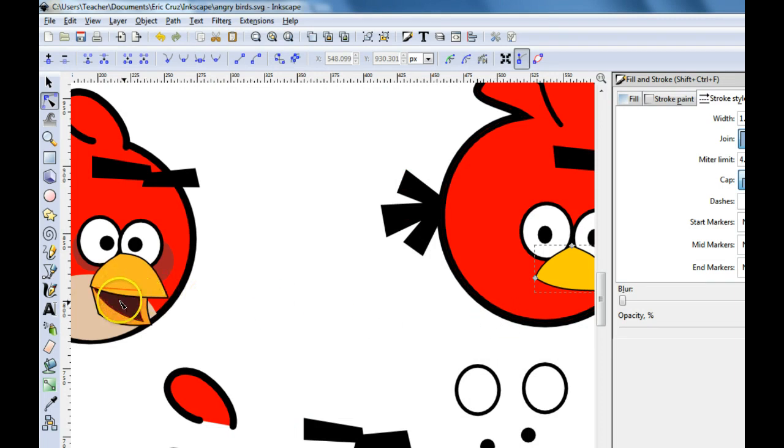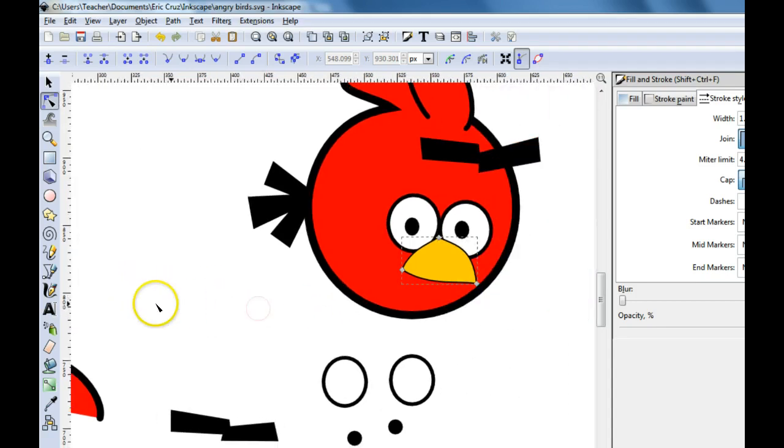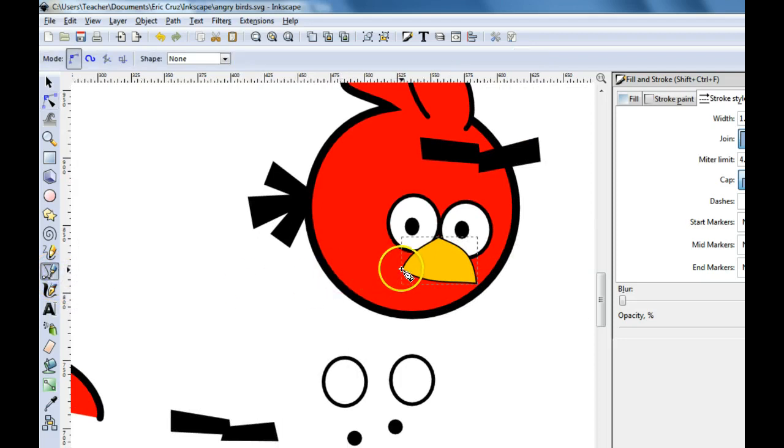Okay, the bottom of the beak is more of a square, so when I hover over it, you're going to see these lines pop up. And then the inside is another triangle. So let's go ahead and draw those. Bezier tool, and right at this corner, click once, click here, bring the mouse over here, click there, click, and